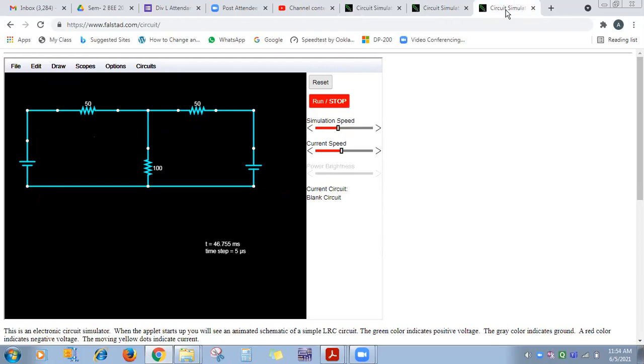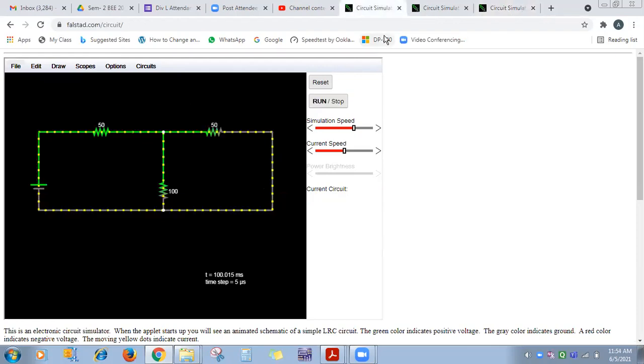So three circuits we have designed here. See here, the first one is only with E1, whatever you can see right now on the screen. If I minimize the current speed slowly, the current direction you can also see here. The second circuit is only with E2.